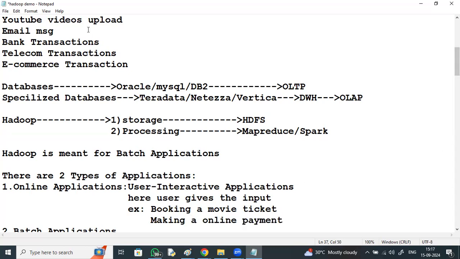And the batch applications are user non-interactive applications.